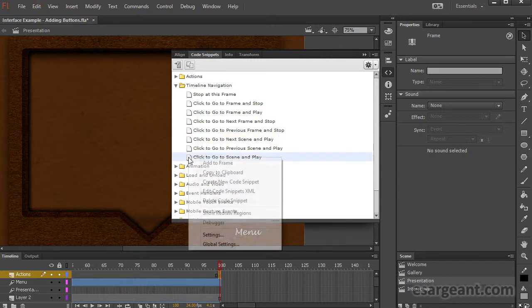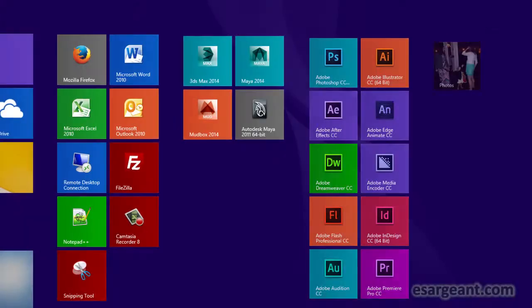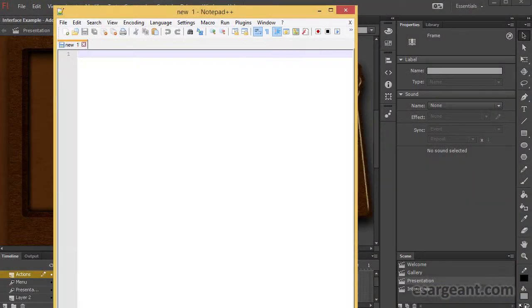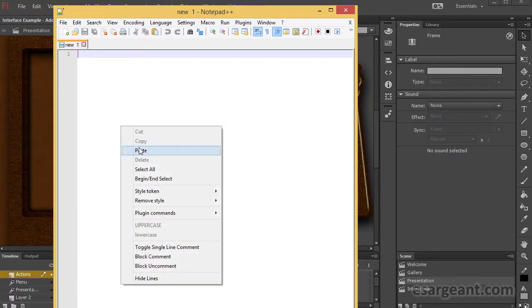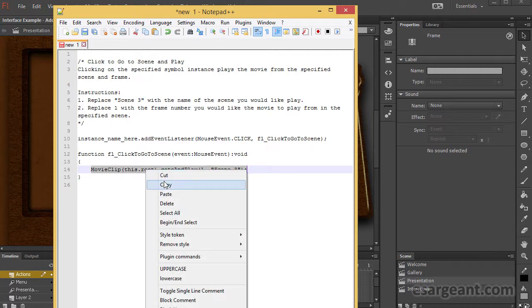So let's actually right click on the code snippet. I'm just going to copy it to the clipboard and take a look at it. Let's load up my copy of Notepad and paste this in. This is really the only bit that I'm interested in. I don't really need to have the clickable portion. I just need this command, movie clip, go to and play, and then the scene I need. That's really all I need. So I'm going to just copy this